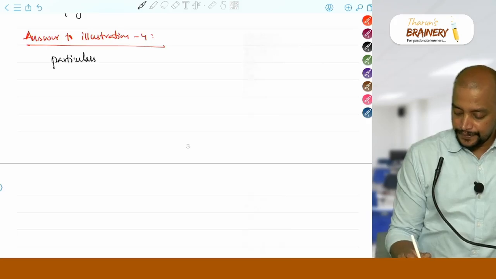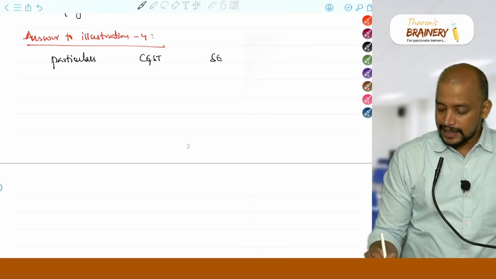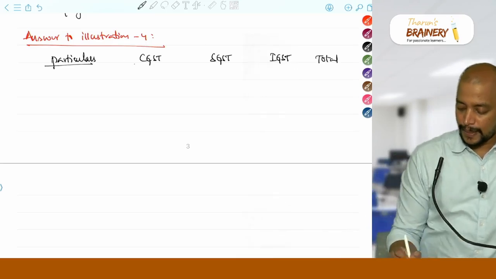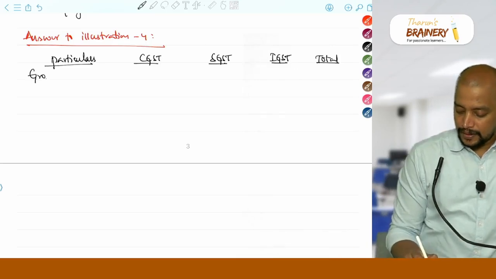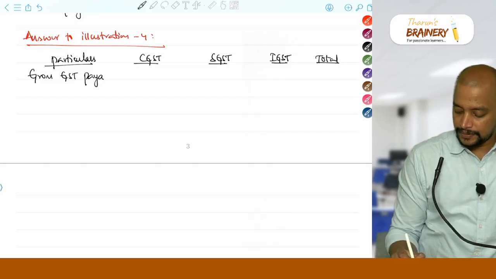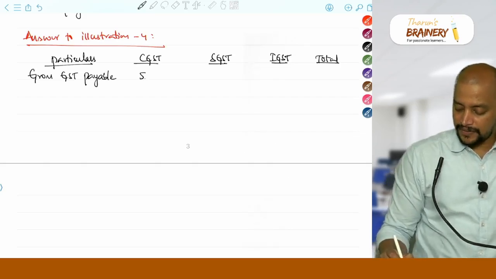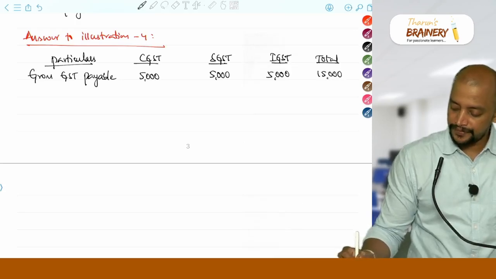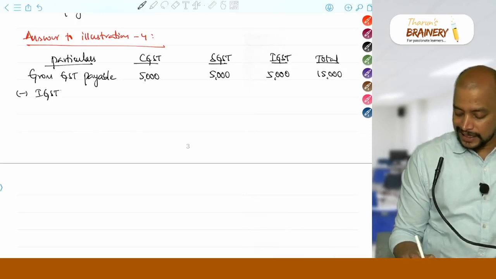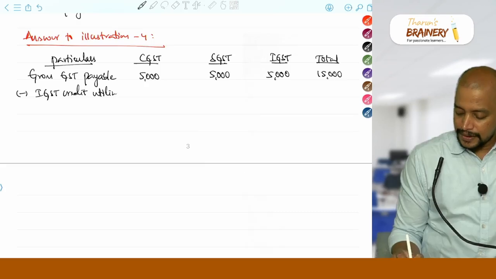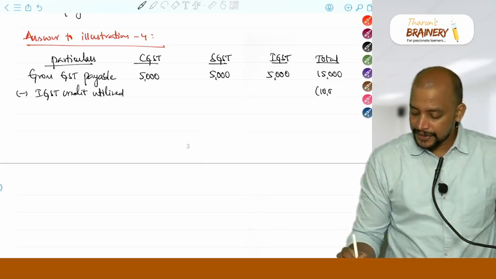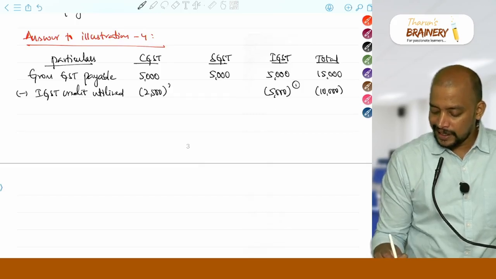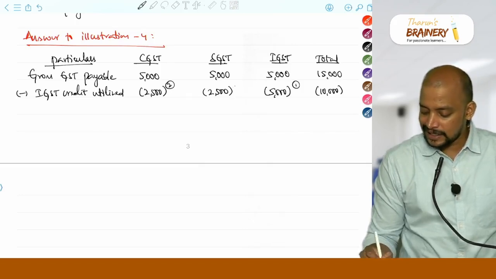Particulars, CGST, SGST, IGST and total. Gross GST payable: CGST is 5,000, SGST 5,000, IGST 5,000, so total 15,000, minus IGST credit utilized. So we have an IGST credit of how much? 10,000. So first I am utilizing it for payment of IGST liability, then I am distributing equally between CGST and SGST,